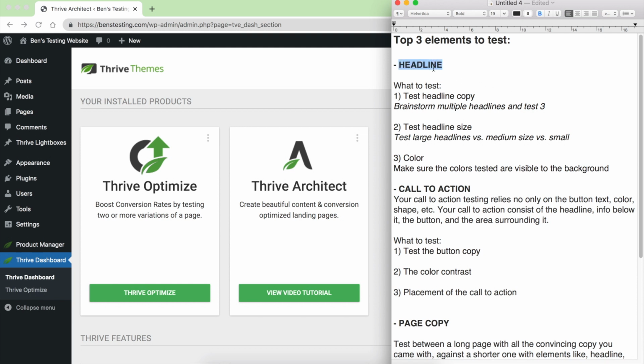What you should test in a headline. The first thing to test in a headline is its copy. How to do it? Brainstorm multiple headlines and test the top 3. How to brainstorm multiple headlines